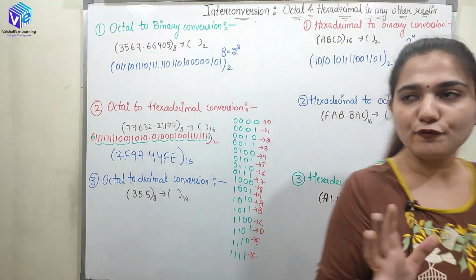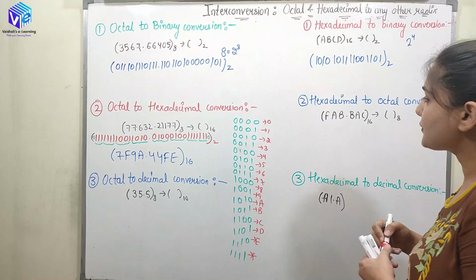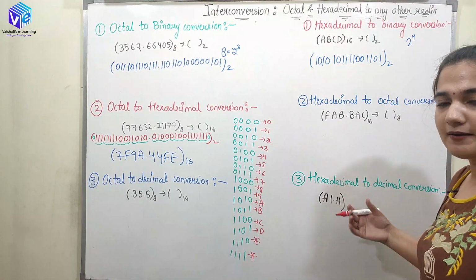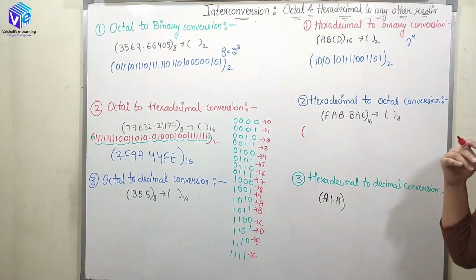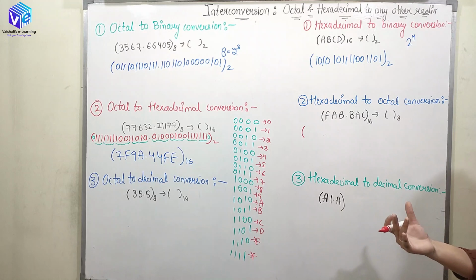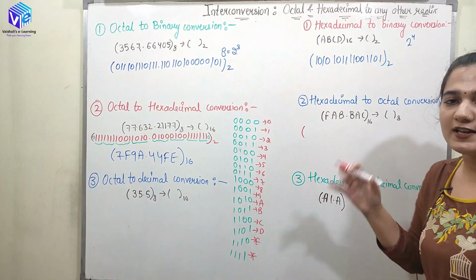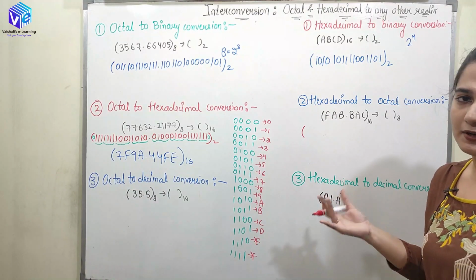Now we are moving to the hexadecimal to octal interconversion, right? So now again we are doing the same thing. We have the hexadecimal number. First of all, I am going to convert this number to the binary number, and with the grouping of the binary digits I can convert to the octal number. So this is the simplest procedure that you can follow for the octal or hexadecimal interconversion, right?